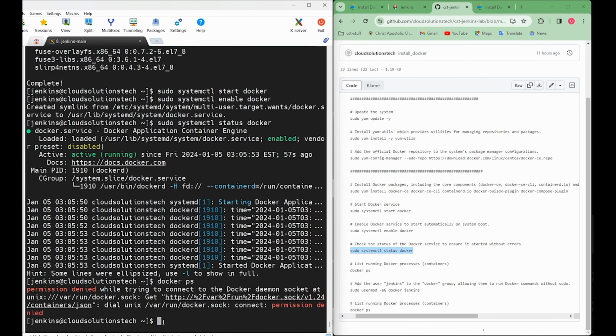Docker ps. You see right here, we have a permission denied error. So why do we have this permission denied error? Here is how to fix it. This is really simple. We are going to do a sudo usermod -aG